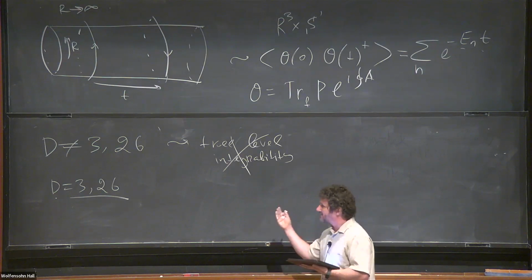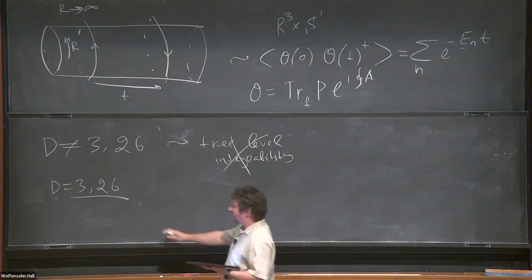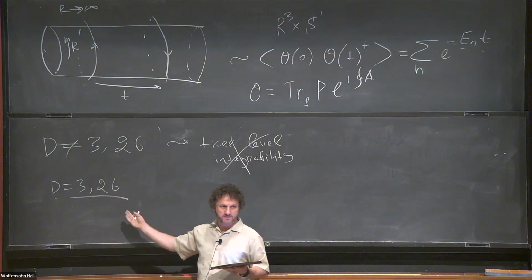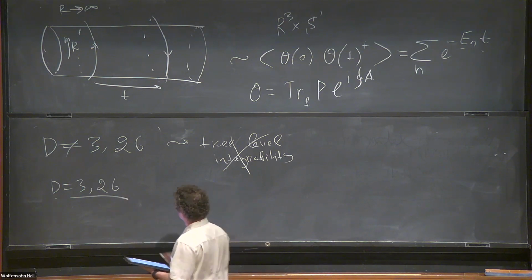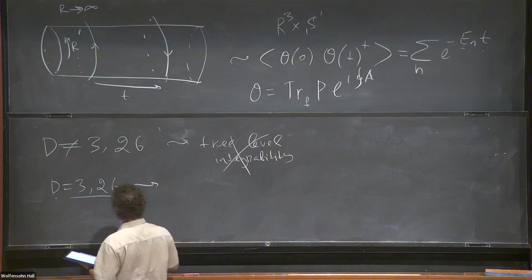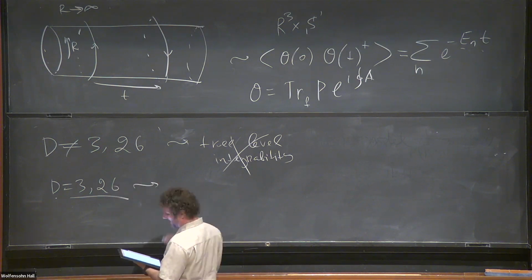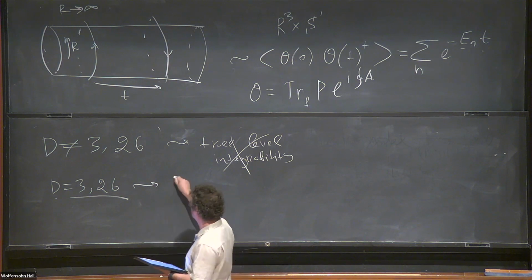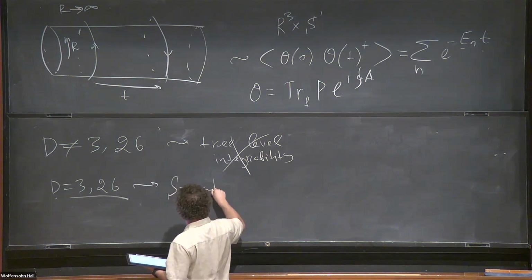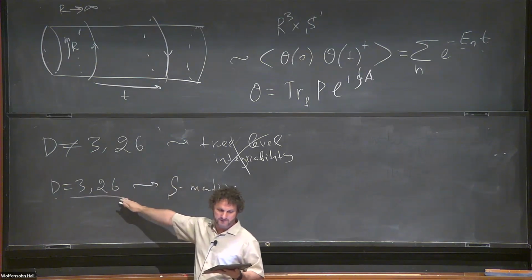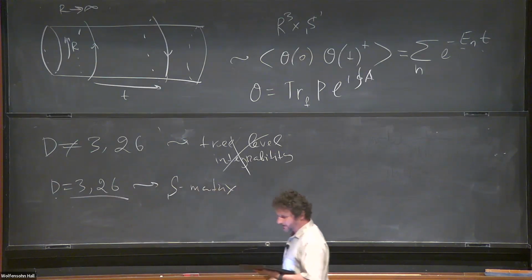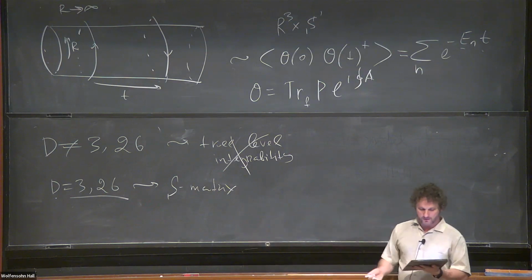So one may ask whether such a model exists, and if it exists, what the corresponding S matrix is. What I will do now is give a derivation. We'll find the S matrix of the corresponding integrable model, and somewhat not surprisingly, at D equal 26, this will correspond to the S matrix on the whole sheet